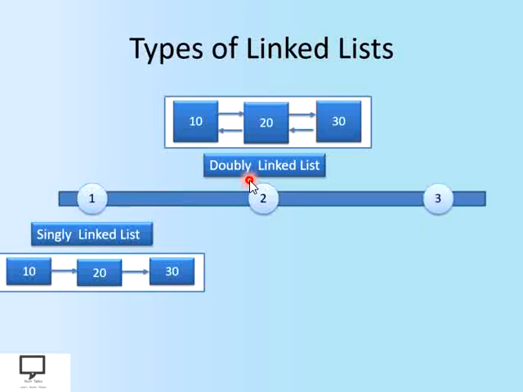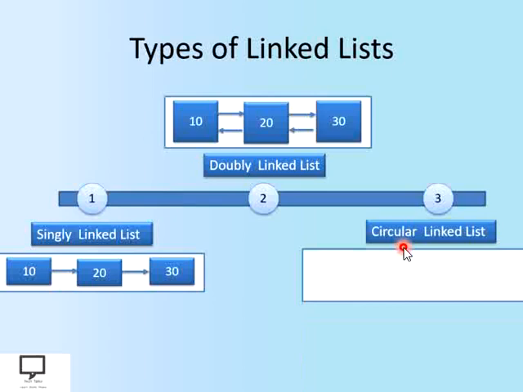Now let's move to the next type of linked list, which is the circular linked list. Here you can see that the name suggests it must be in a circular fashion, a circular way. Now let's see the example. How are we going to indicate that this is a circular linked list? You must be thinking this is just the same as the singly linked list, correct? If it is the same as the singly linked list, then what is the difference between a circular linked list and a singly linked list? Yes, I am going to explain the difference.